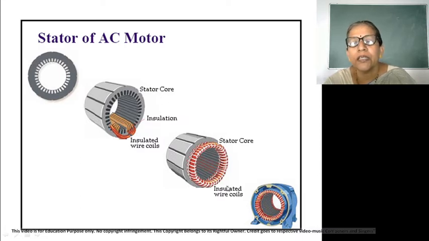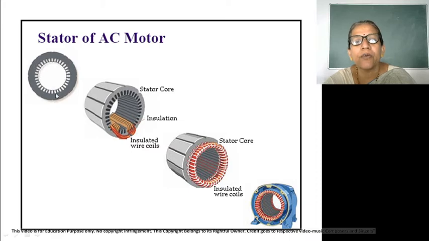Together it forms the stator, and the outermost covering which you see is the stator frame. The stator frame is going to protect the stator core. Inside the stator core, this is a hollow cylindrical drum, and inside this core you can place the other part of the induction motor, that is the rotor. As I have told you, the two functional parts, the stator and the rotor, are going to convert electrical energy into mechanical energy.